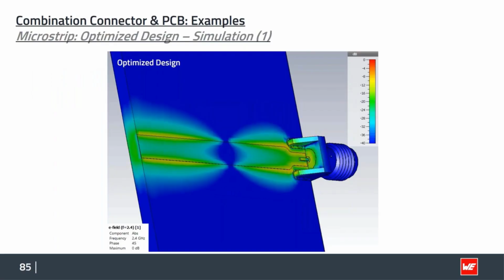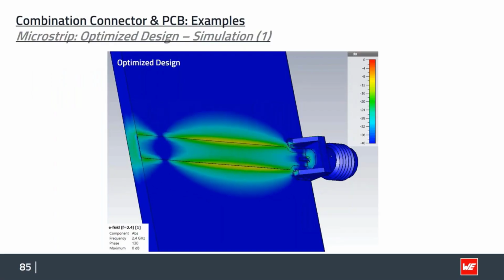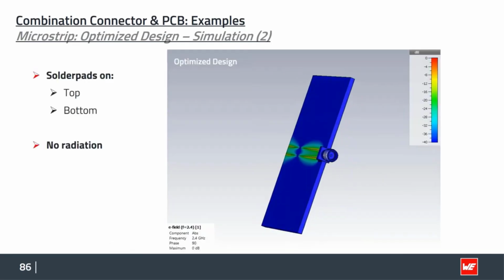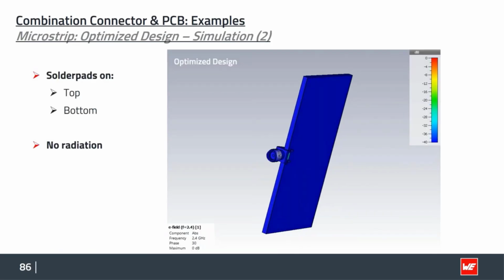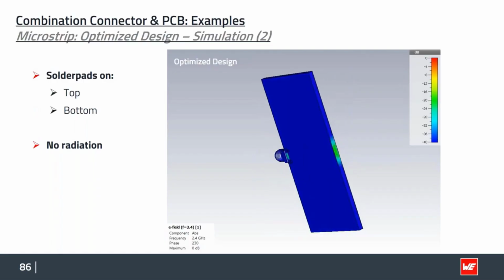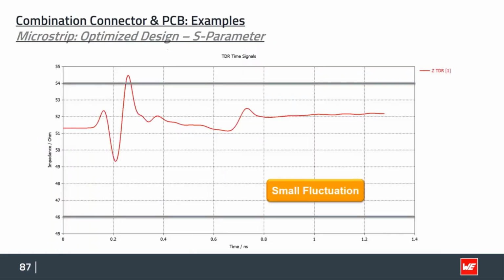And we can already see here that the hotspots got a lot less, so it looks much better than before. And still, our slot antenna is closed, so it's not causing us EMI problems and radiation problems. And we can also see, even if there is still a little bit of an overlap in the matching in the connection area, it's not critical. So it's a little bit above what we defined, but it's not in a critical area, and it stabilizes quite